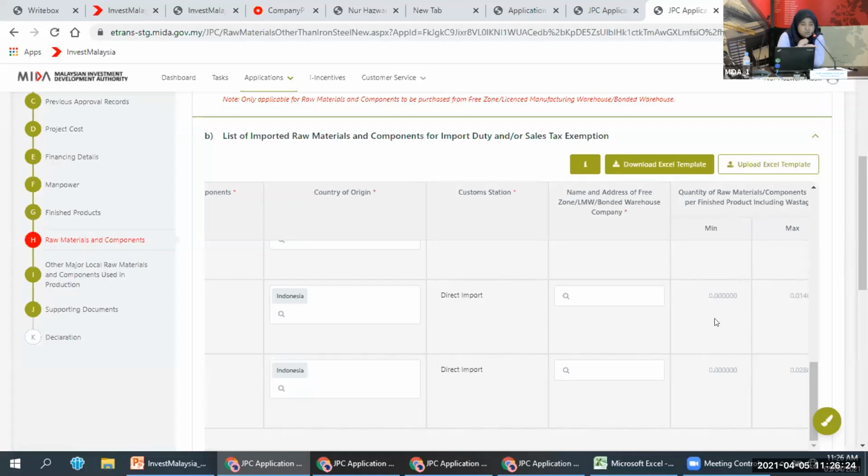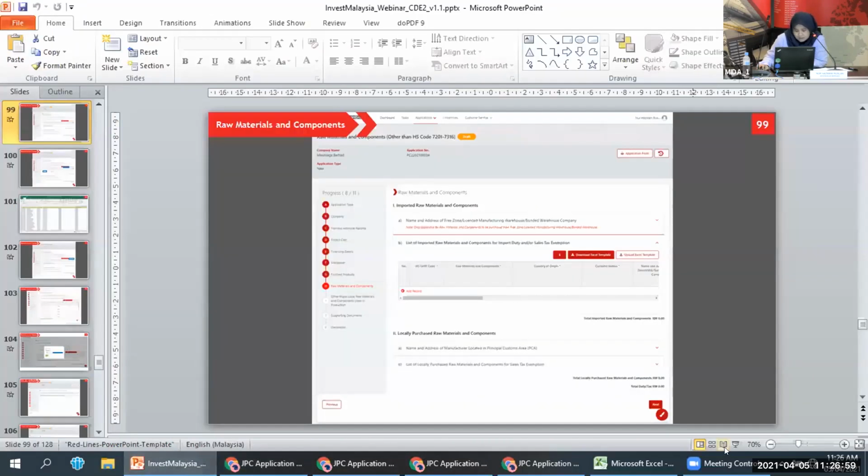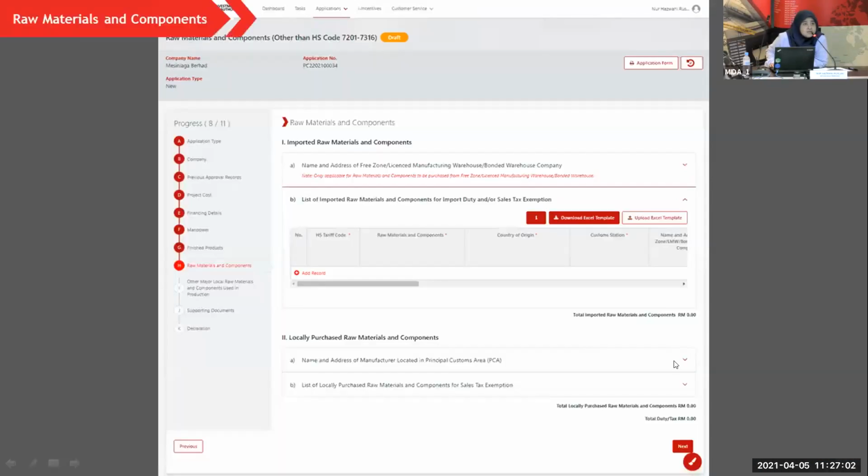So what you have to do is, if previously your raw material used metric ton, and when you key in the form in invoice measure it is showing kg, you have to adjust the quantity accordingly to fit the kg unit of measurement. Okay, so that is on the raw material and component section.